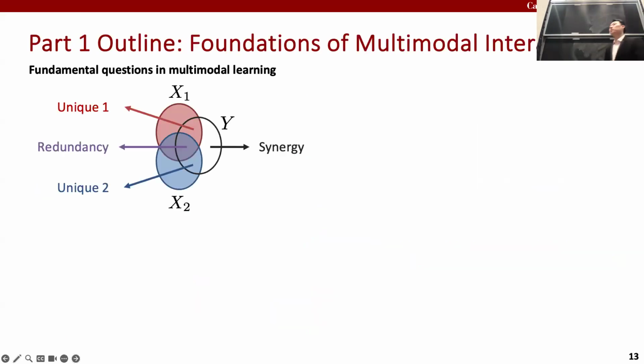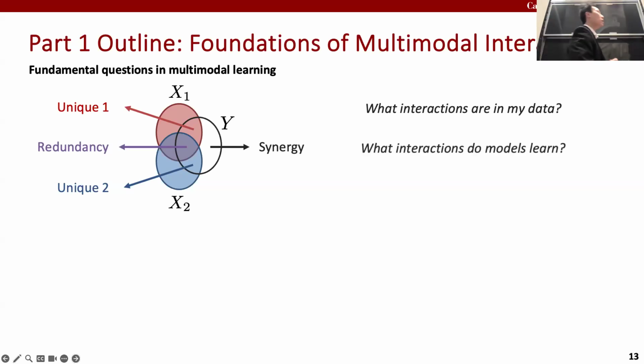So a lot of these questions can be answered if we have a deeper, more fundamental understanding of these multimodal interactions. And therefore, in the first part of the talk, I want to highlight 3 important questions that are very fundamental to the field. Firstly, can I actually understand what interactions are in my data? If I have a multimodal data set, is it primarily redundant information that I care about? Is it more unique in either modality? Or is there some synergy between the modalities that I aim to capture? Secondly, what interactions do our models actually learn? And if I can answer both of those questions, then I can answer this holy grail. What models are most suitable for my data, both in practice and also provably?